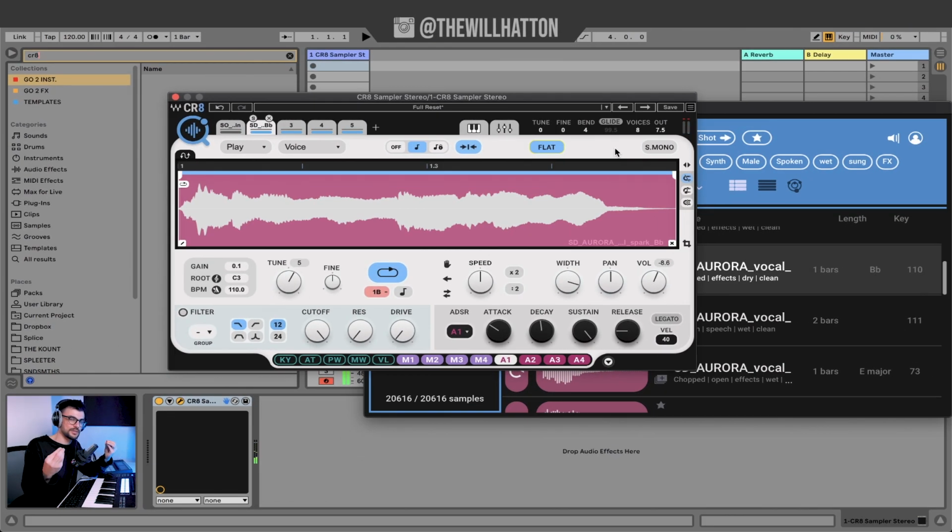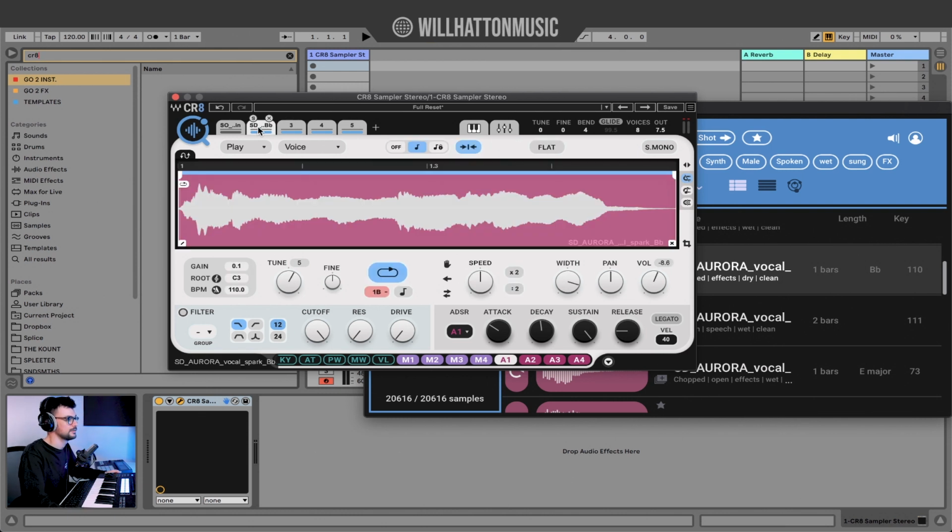How cool is that? It's never going to be perfect because it's pitching these in real time, but it keeps everything on the same note. So you can get some really unique rhythms out of this. Or if you are creating a chord pad, you could have the bass level as the flattened vocal, and you could have the next sample across in maybe layer 3 as the unflattened vocal,